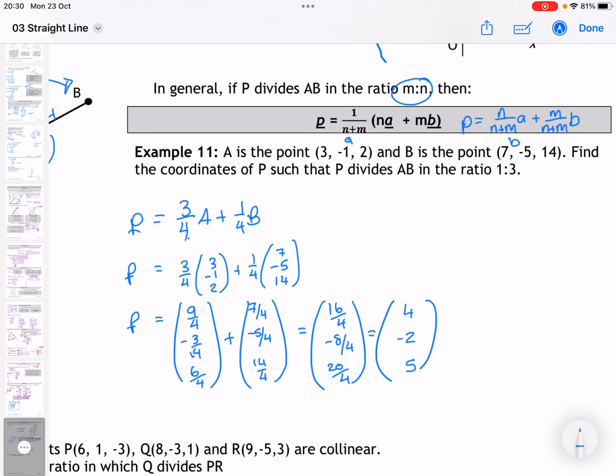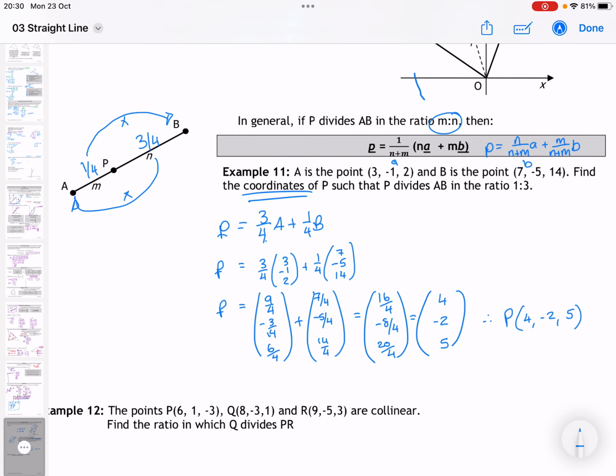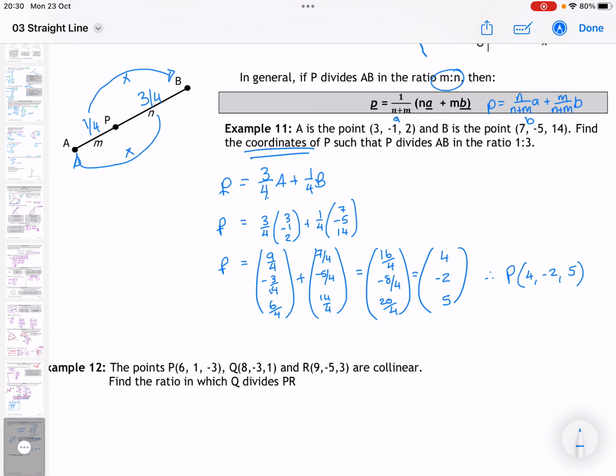Now, thing that you need to recognise is that it says what's the coordinates. So that's a wee p, therefore, P, capital P, has the coordinates 4, minus 2, 5. And if you don't write it as a coordinate, you don't get the final mark. Okay? Once you get into the habit of how you're doing this, it becomes routine. Okay? Now, example 12